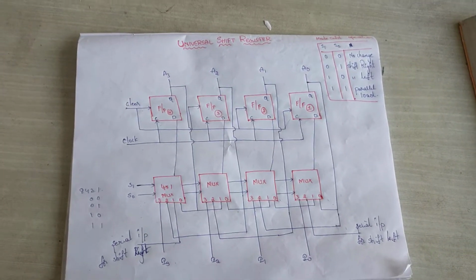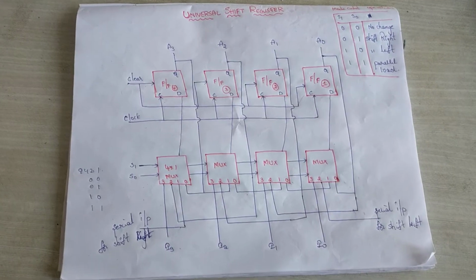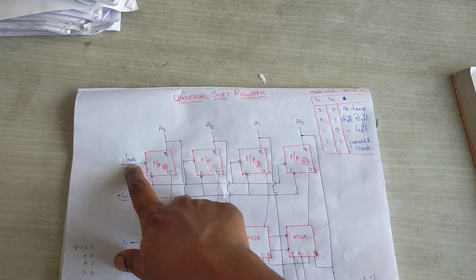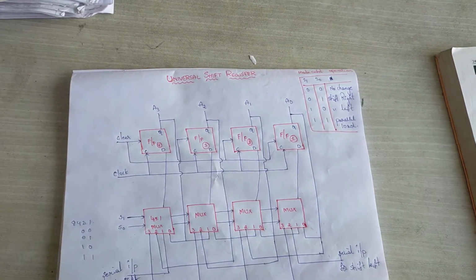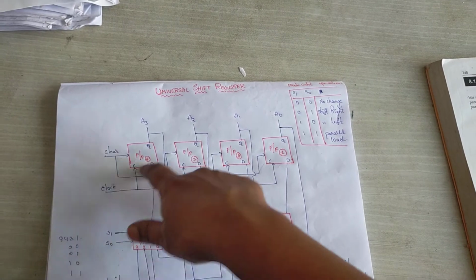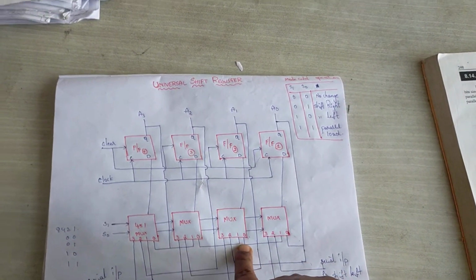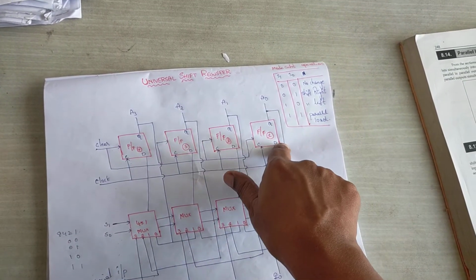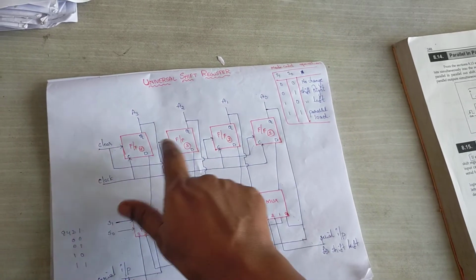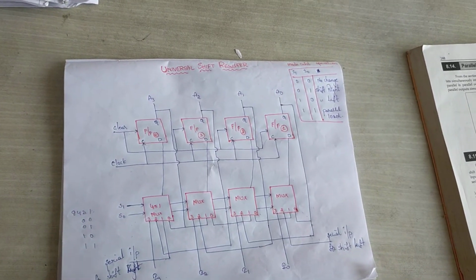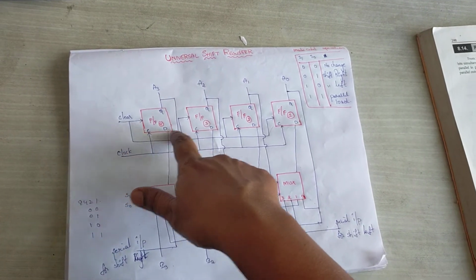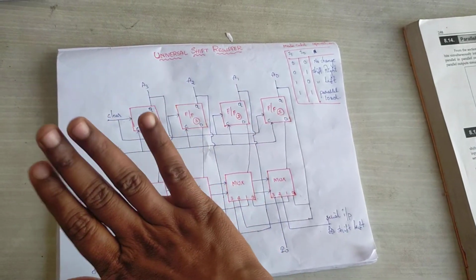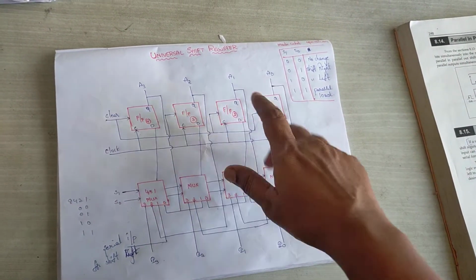Next we will see the capabilities of the universal shift register. The first capability is the clear or control input. The purpose of this clear input is, before starting the operation of this entire block, if we enable this clear input, it resets all the flip-flops and produces 0. It resets if there are any garbage values. After reset the outputs are 0. The entire garbage values of the flip-flops will be cleared.